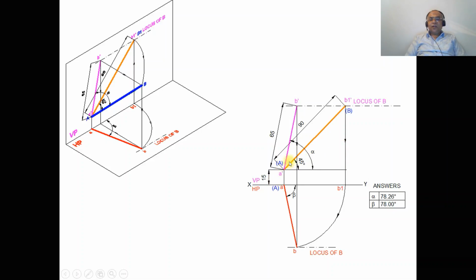So now we need to draw the top view. To draw the top view, we have to take the true length in the front view. That line is parallel to the XY line in the top view. So A is on the XY line, so B1 should also be on the XY line. Then only the line is parallel to XY. So you draw a vertical projector from B1 to the XY line. With A as center, taking the radius of AB1, you draw an arc such that it cuts this end projector here. You mark this point as B, then join A to B with a dark line, and then you get the locus of B in the top view.